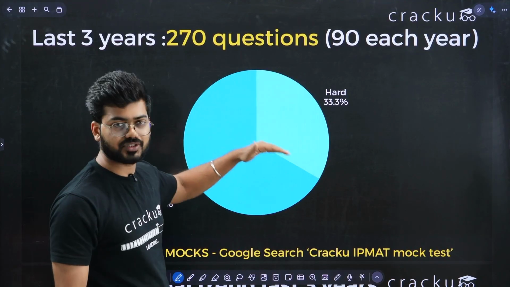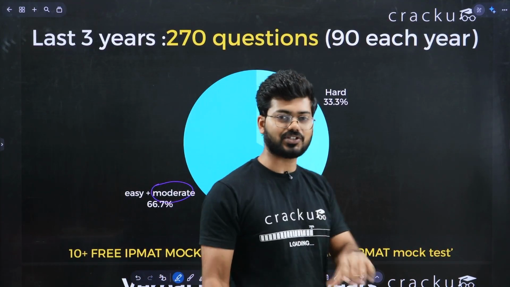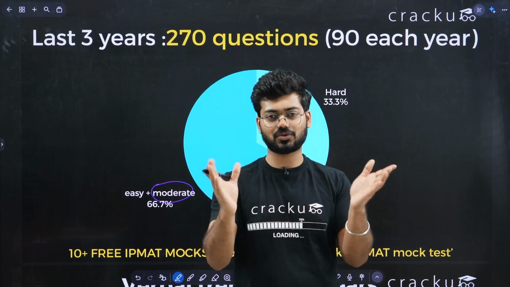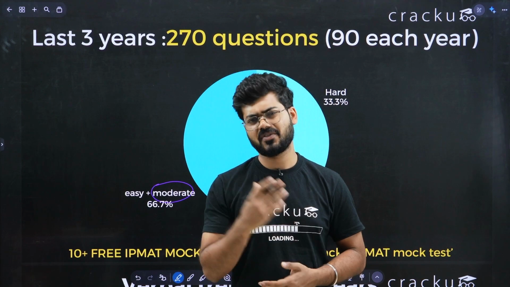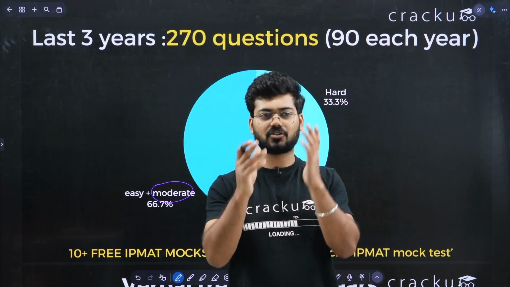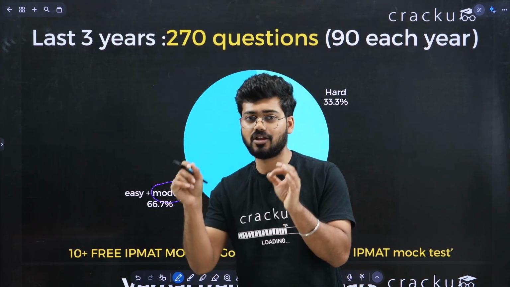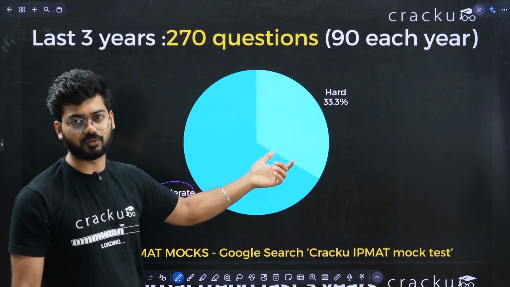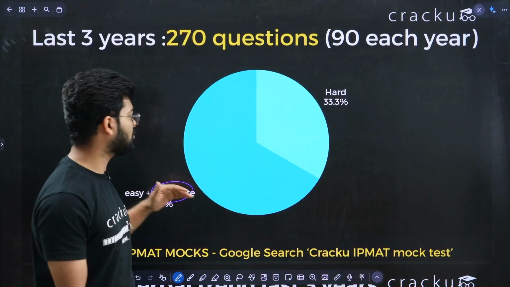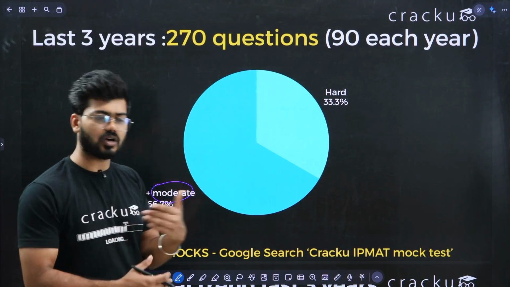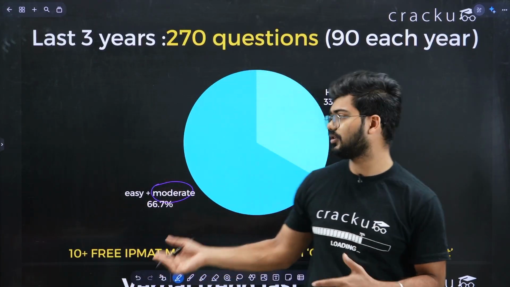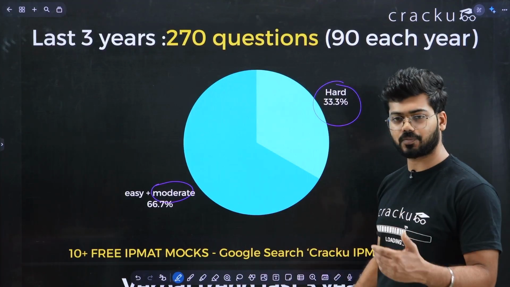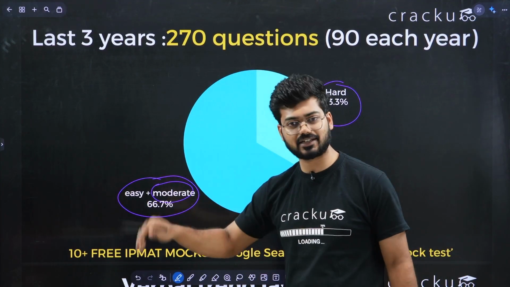Now hard questions are the type of questions in which you have studied the concept and practiced enough illustrations, but when you see the question you are not able to figure out the approach. You understand only 30-40% of how the approach will look, and you are still not confident or sure. These are the kinds of questions you should not attempt in the first round. So this is our categorization of easy, moderate and hard. Based on observing all three sections, we have understood that only 33% of the questions are actually hard, and if you do good practice, you can crack the easy to moderate sections for sure.